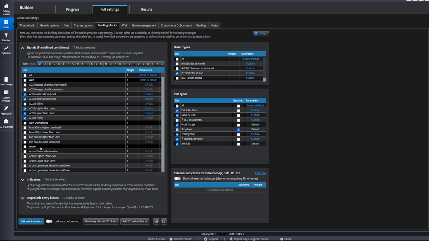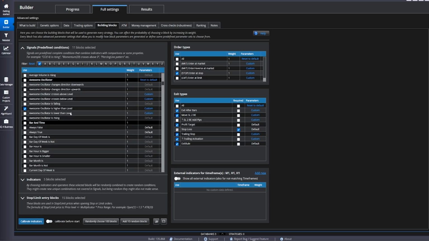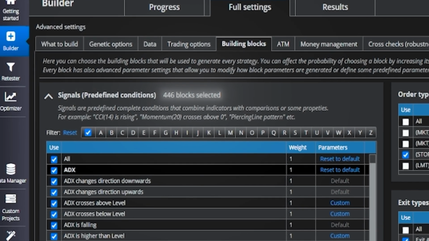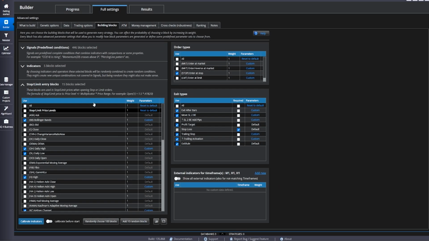It's the same way that if you have a deck of cards and you shuffle it, you have made a completely unique order of cards, because 52 factorial is a number beyond comprehension. No one's ever shuffled that deck the way that you just did, because there are way too many variables. And SQX has way more than 52 variables. If I just click everything, it's 446, and that's just on the signals, not including the indicators, the stop limit, the order types, the exit types, the time frames, everything. So it's not essentially infinite, it is basically an infinite amount of strategies.